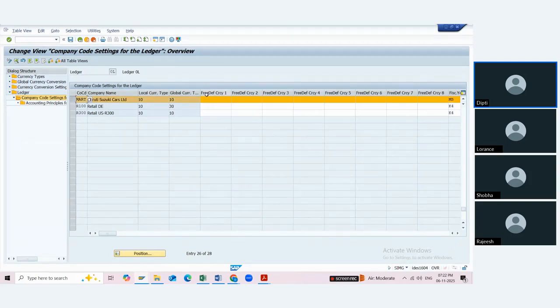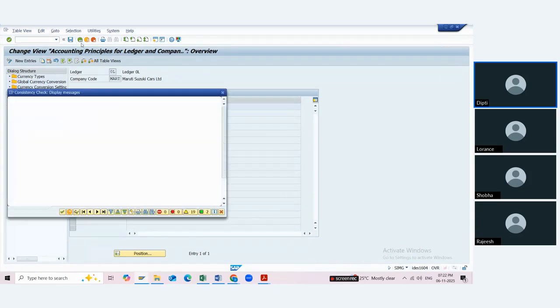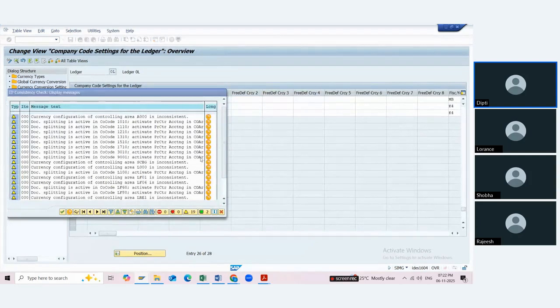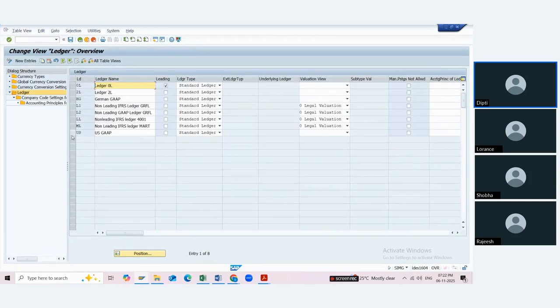Okay, so we have to define here MART, and with this, we have the accounting principle. See, MAIN. So for the India standard, that is company law, I have given MAIN as my leading ledger related accounting principle. And for the other ledger that we have created for non-leading, what is the non-leading ledger name? Let me check. Is it ML? Yeah, ML is the non-leading IFRS ledger.